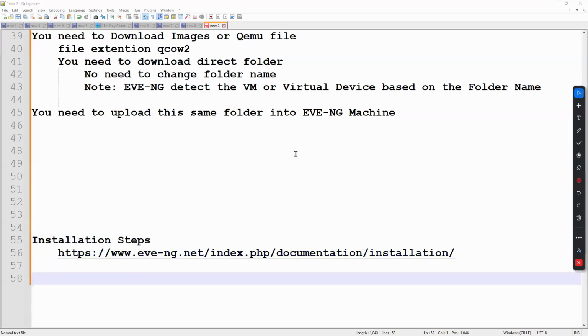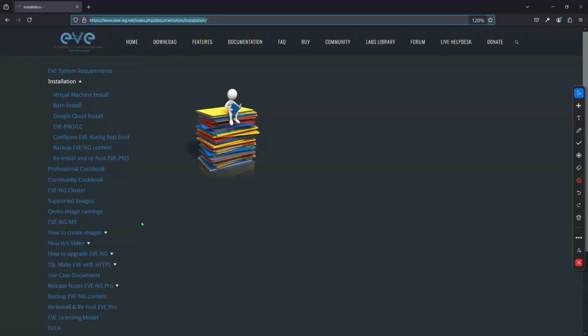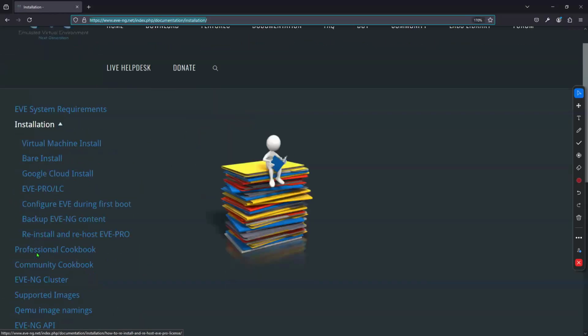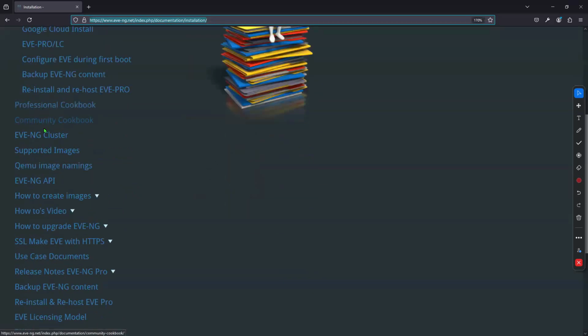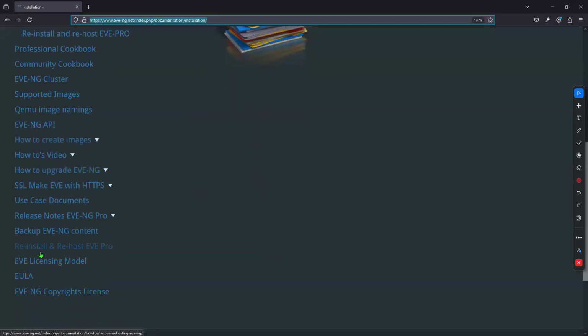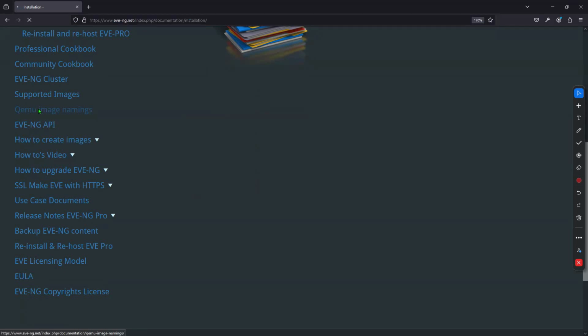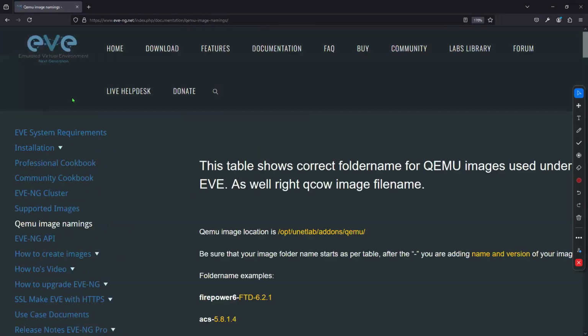What we require is the QEMU things that you can see here. QEMU images naming. Support is image, API, SSL. We also have the EULA, which is for user licensing, if anyone has an idea. So right now we require QEMU images.